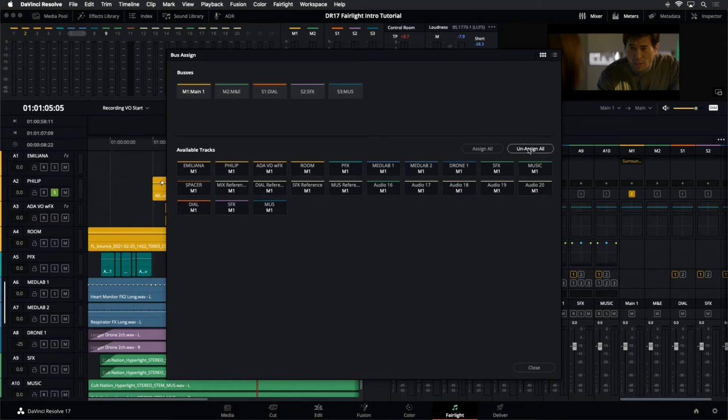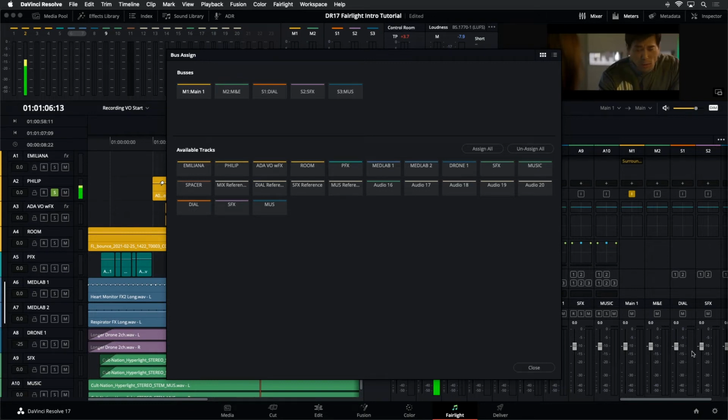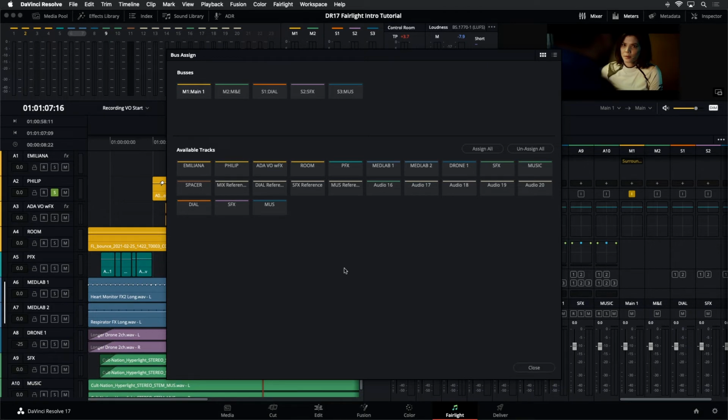Just select main 1 and unassign everything. There. Now if I play, nothing's coming out of any of my buses. There is no signal because nothing is actually leaving the tracks yet. Now what I'd really like to do is, let's start with our dialogue, and I want to assign just things